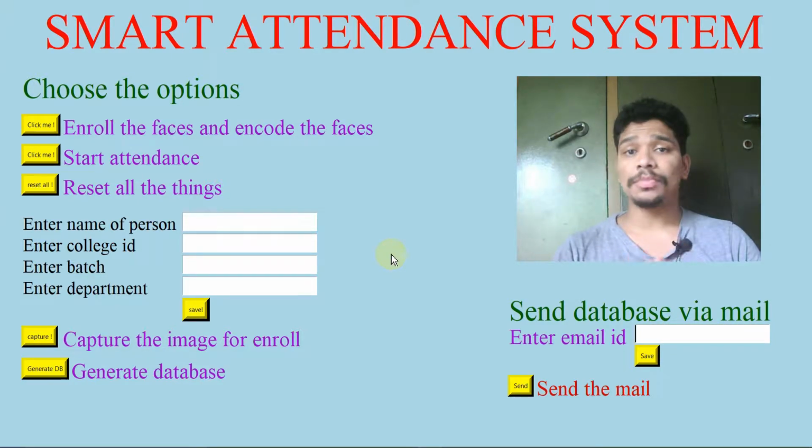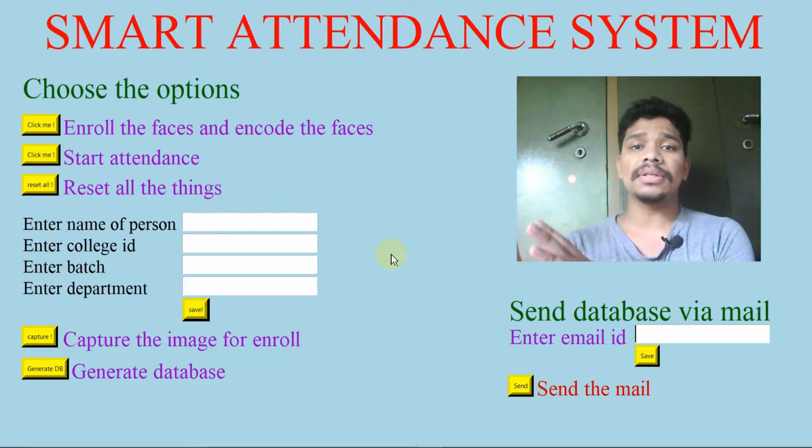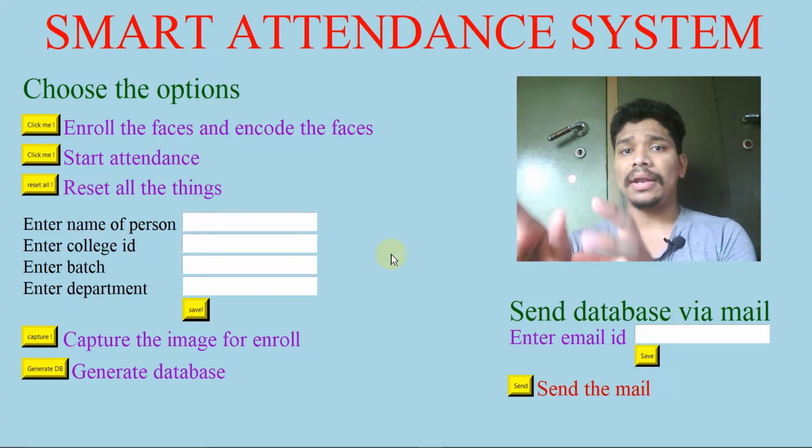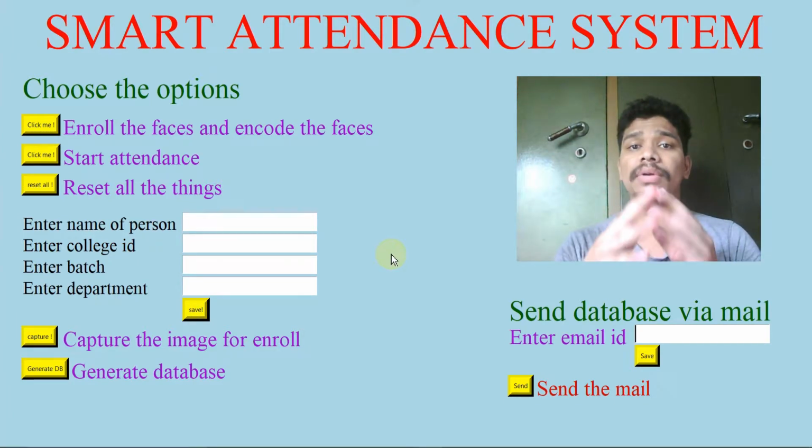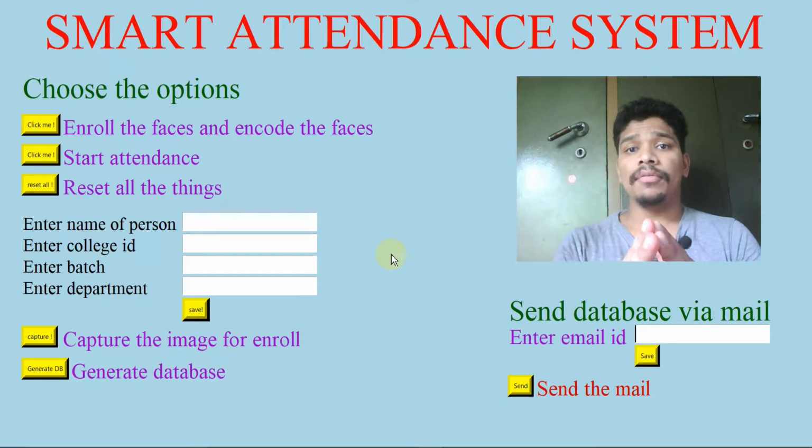You can also make this project on Raspberry Pi. If you make this project on Raspberry Pi, then your project is very portable. You simply copy that code, paste it into Raspberry Pi and run the code. Before running, you need to install all the libraries which are used in the project.